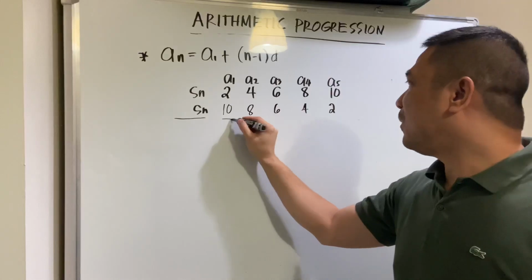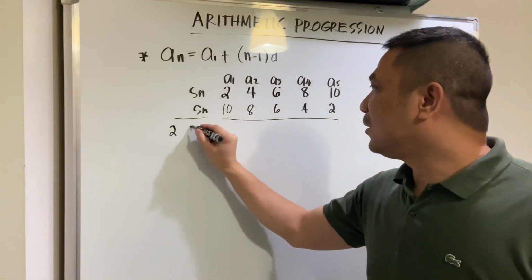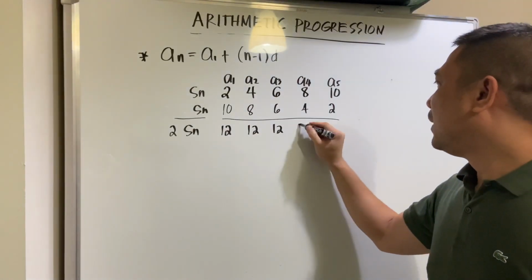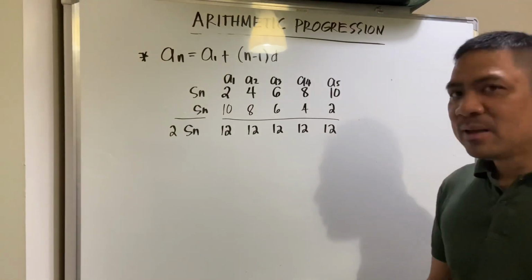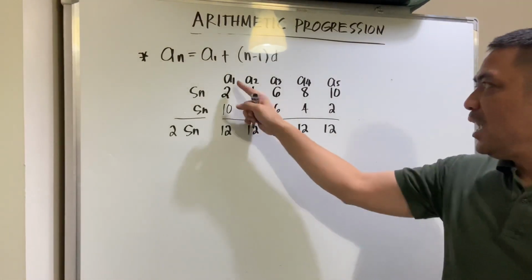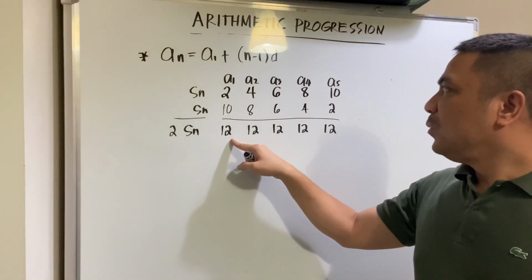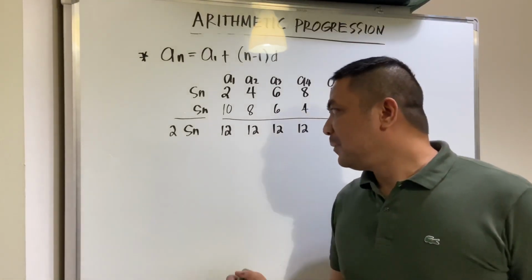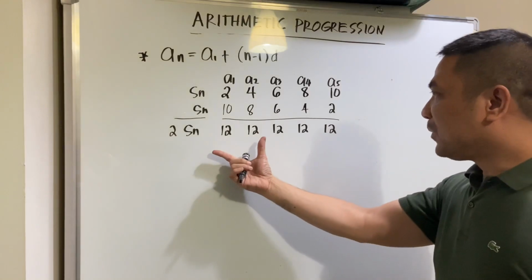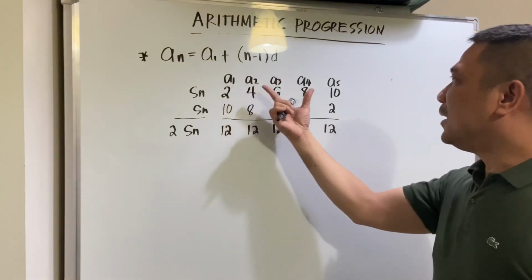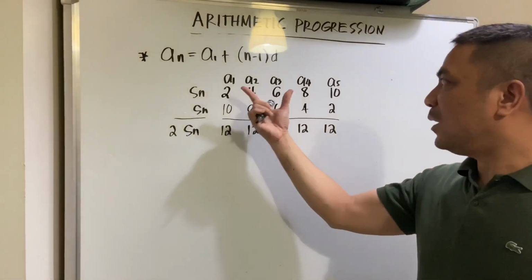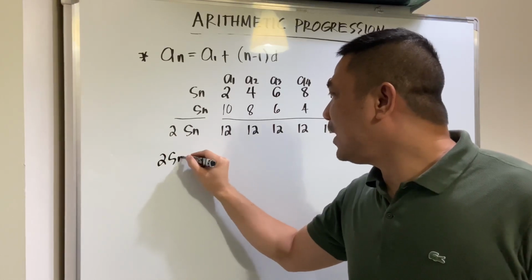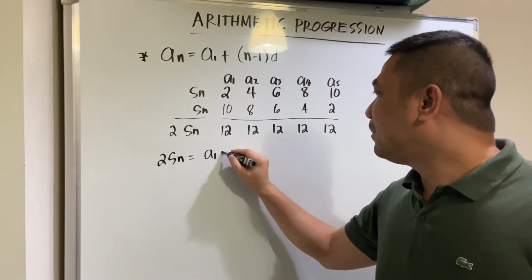If I get the sum of the two series, I will have 2Sn is equal to 12 plus 12 plus 12 plus 12 plus 12, right? If you notice here, A1 plus A5 is equal to 12, which is also equal to A2 plus A4, which is equal to 12. In other words, if I express these sums in terms of A1, A2, A3, A4, and A5, we can have 2Sn is equal to A1 plus A5